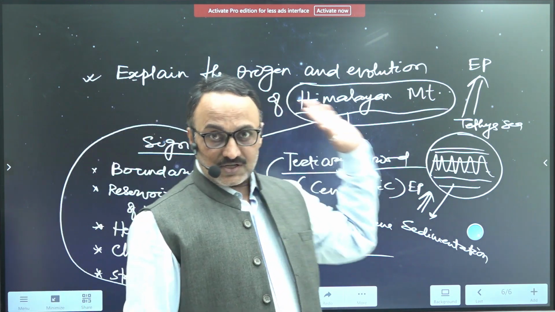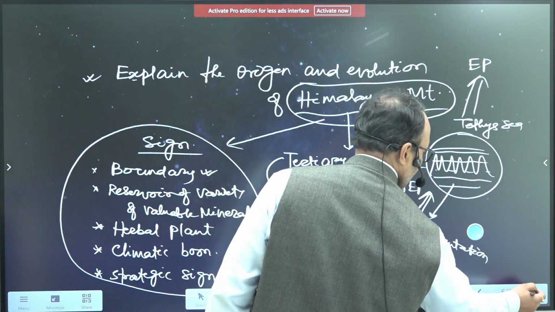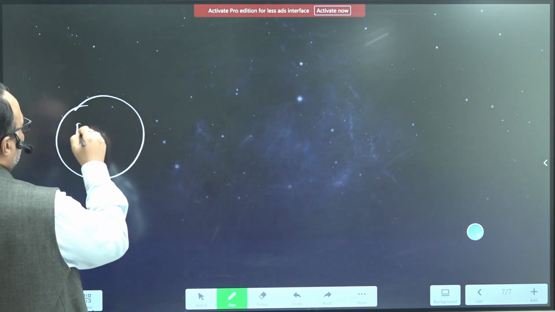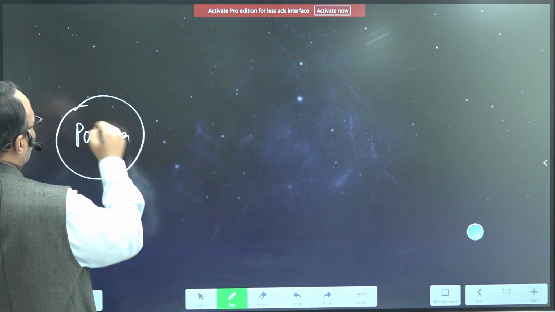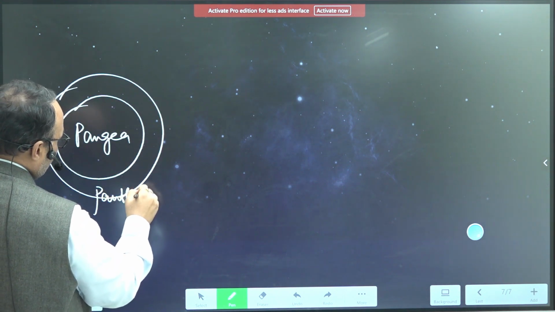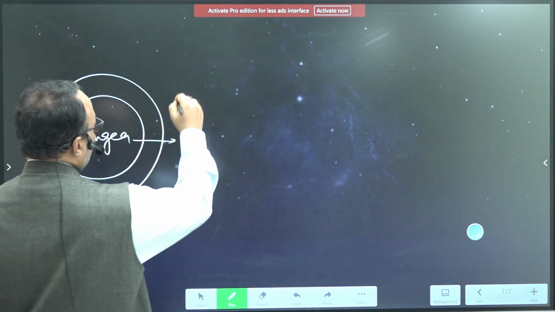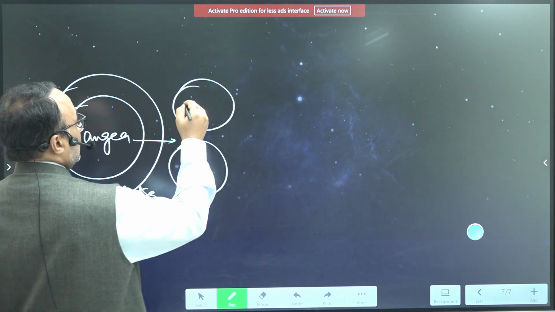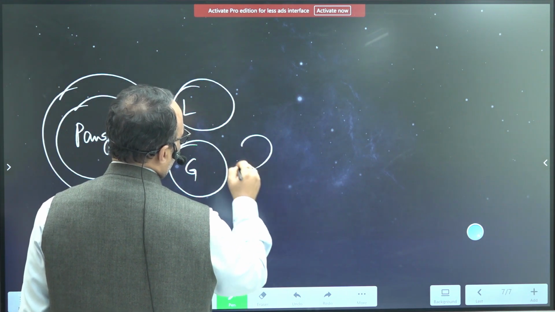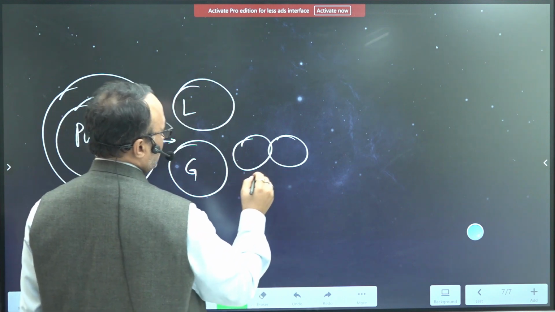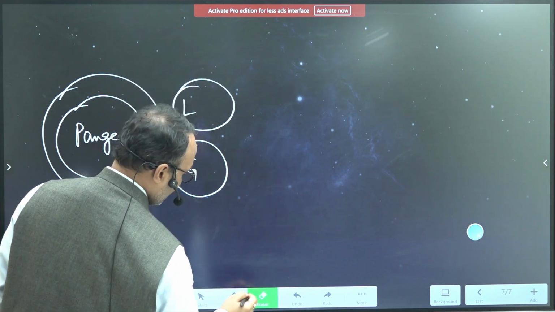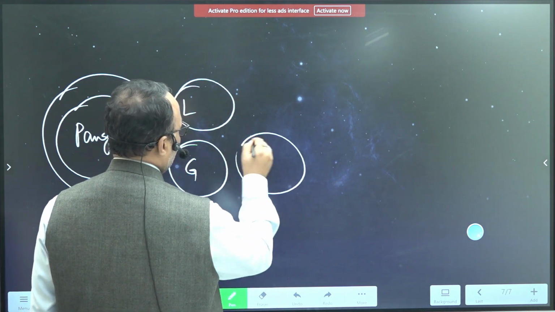Now if you move further back before this event, I told you initially, according to continental drift theory, there was Pangaea surrounded by Panthalassa, and Pangaea got divided into two parts, Laurasia and Gondwana. This Gondwana got further divided into five parts, like this: